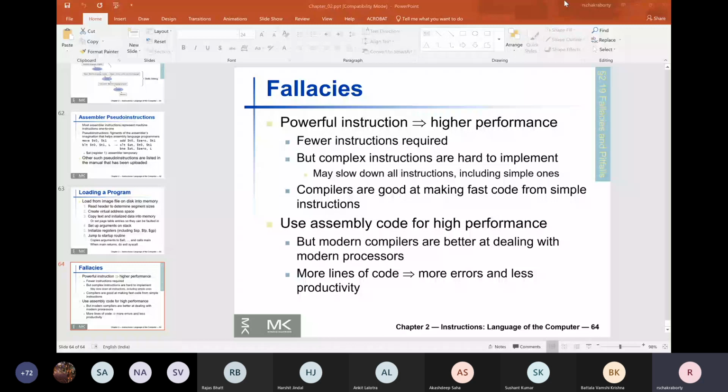So direct assembly language programming is done by very few people nowadays. People depend on compilers to generate code from high level languages. Some small part of the Linux kernel is still assembly language programs, I believe, but a very, very small part. Most people use only high level language coding and depend on good compilers to translate it to good assembly language programs. And other than that, what can I say?